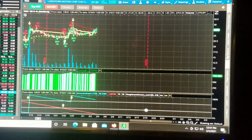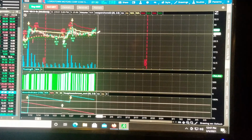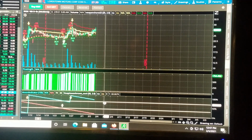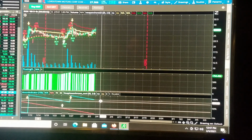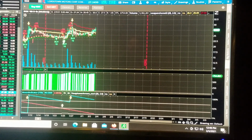So let's see if we can't get a nice little VWAP fire somewhere around here. Or here. So, 2730, Lordstown Motors. SBE is on the list, TEL is on the list, PK, QNST, KO, KC, KMB, Kellogg's is on the list, GLU,